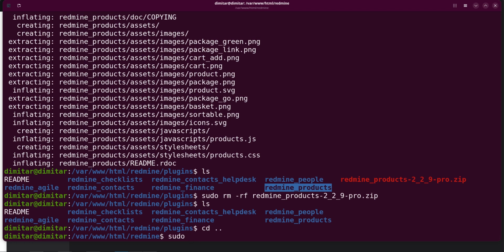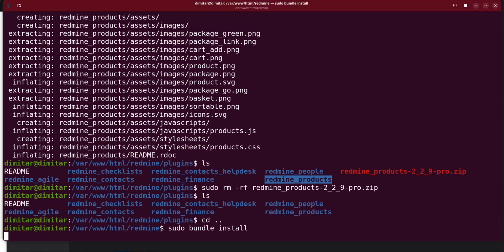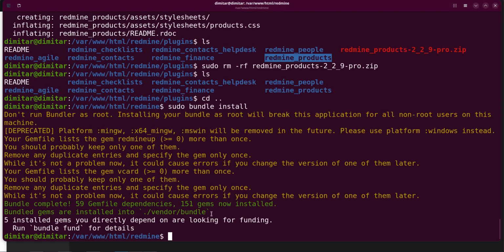sudo bundle install, and with this command the needed gems for this plugin are going to be installed. Okay, so we click on enter and see that they are successfully installed. The next command is to do the migration. So the migration is done with sudo bundle exec rake redmine plugins,